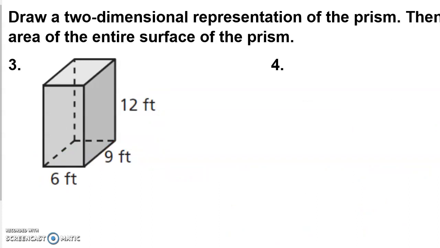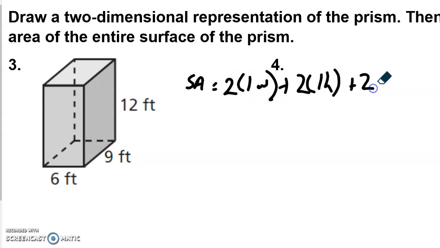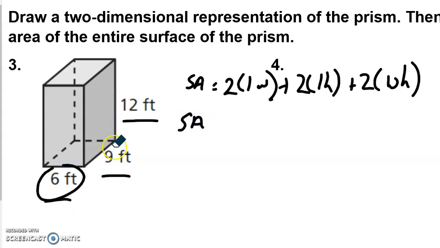So what we're going to do now is we're going to go on to this one. And we're going to do the same formula. So surface area, 2 length and width, 2 length and height, 2 width and height. Now the most important thing is that we need to match up these numbers with everybody. So the first thing I'm going to do is I'm going to match up this and this. So that means 2 times 9 times 6